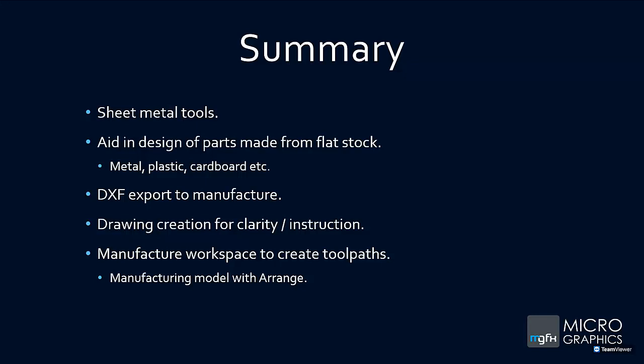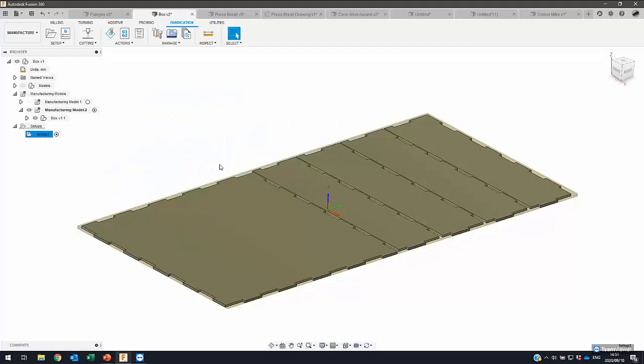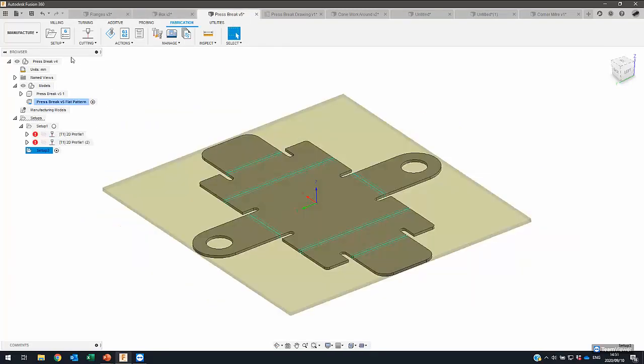Within Fusion 360, you're able to export DXF files for manufacture. Alternatively, you are able to import DXF to be able to create the design. And there is the ability to do drawing creation for clarity and extra instruction, which I'm realizing now I didn't show in the demo. So what I will do is quickly go back to that, and let's have a look at this component here